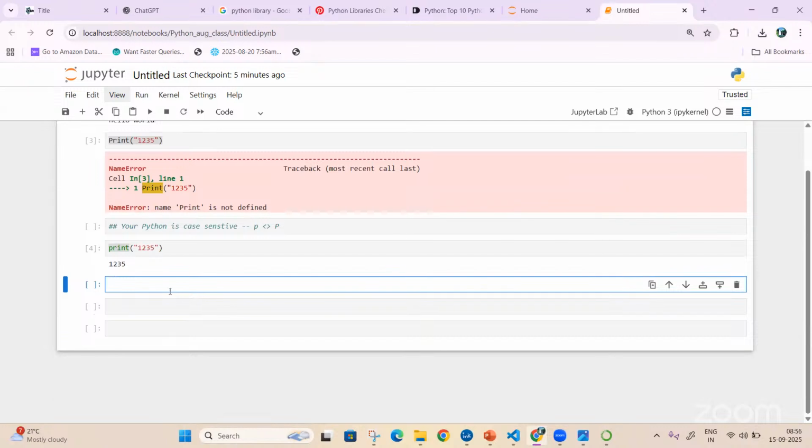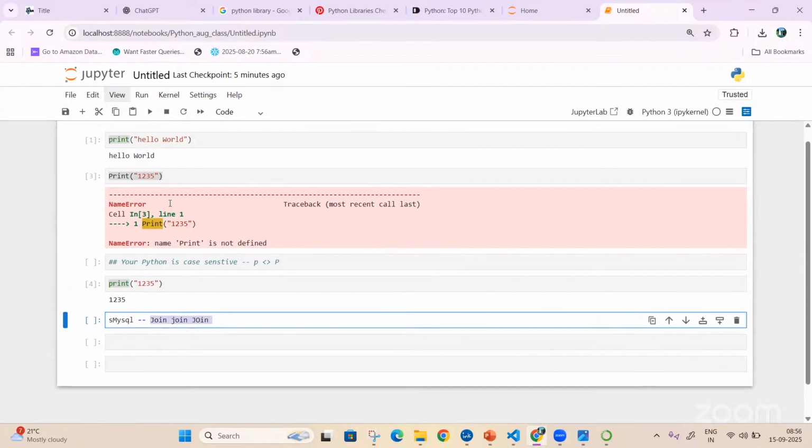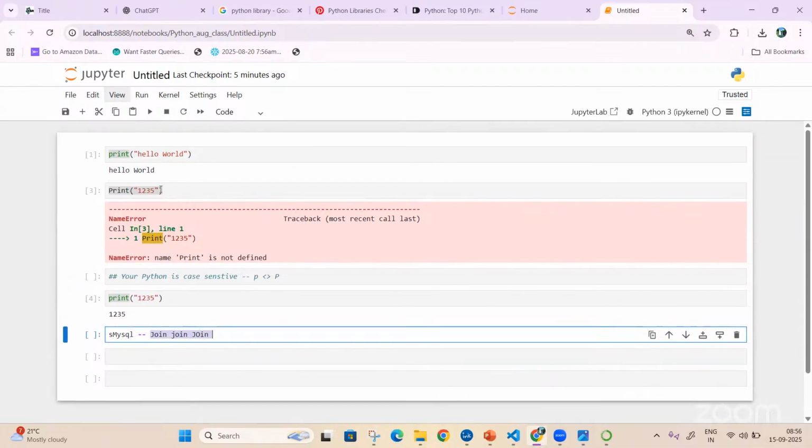But in MySQL, we were passing join like this also, joins like this also. Whichever way I said it, it was able to understand because it was case insensitive. It doesn't differentiate between these things, whereas Python is sensitive.